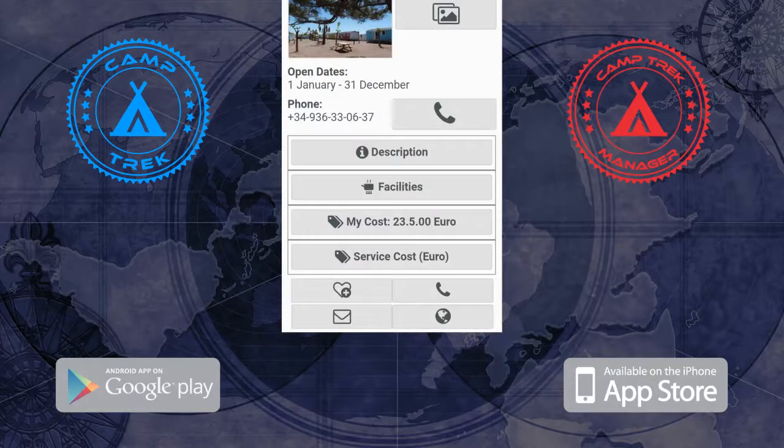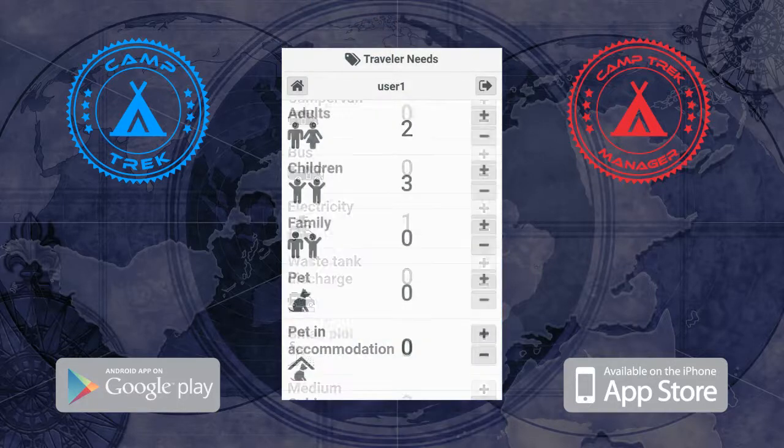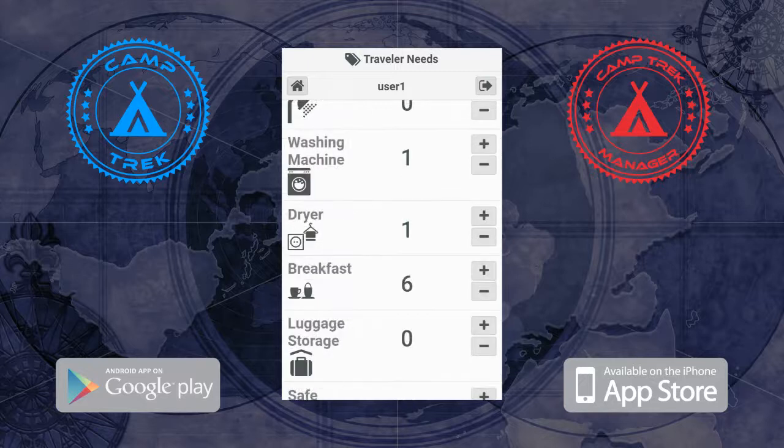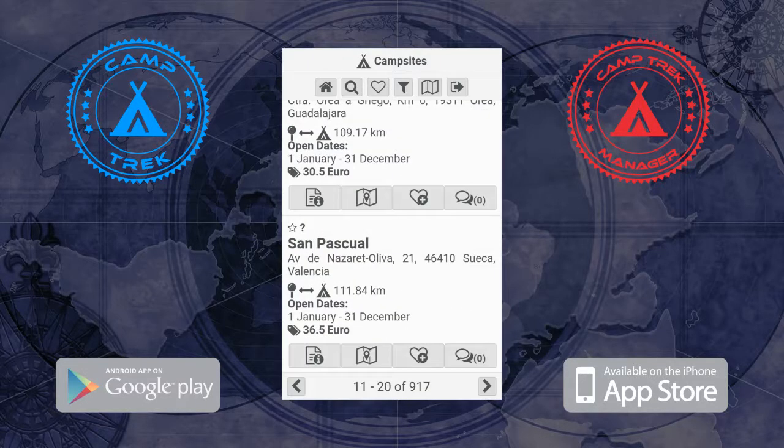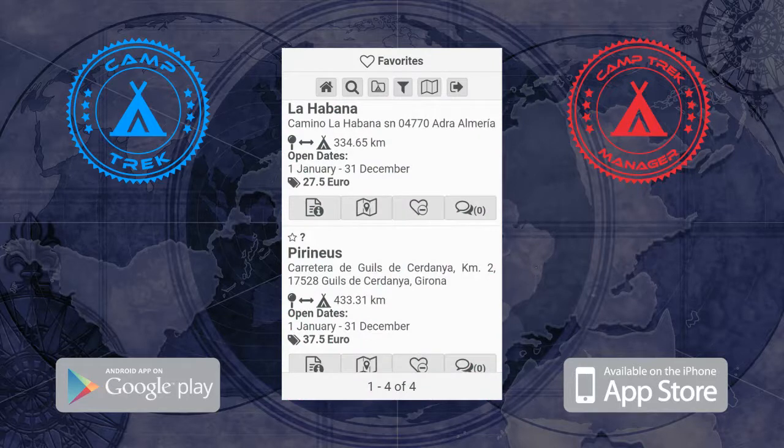You can set your traveling requirements that can be used to calculate costs of staying. For example, your traveling team includes 2 adults and 3 children, that require electricity, breakfast and 1 washing. You can set your traveling requirements and the estimated cost for the selected camp will be displayed, if the camp manager listed this data. Besides searching for campsites using different filter combinations, you can build a list of favorite campsites